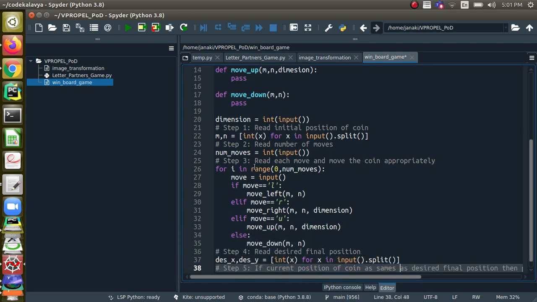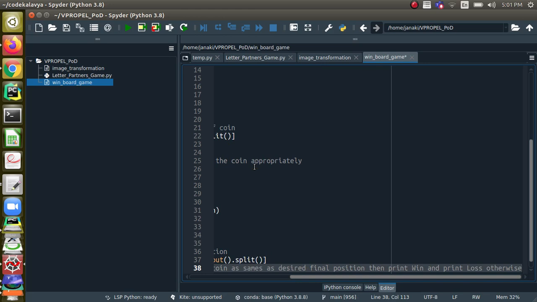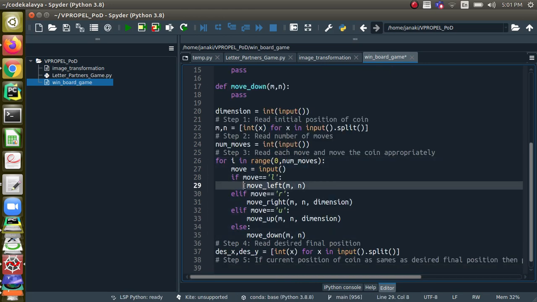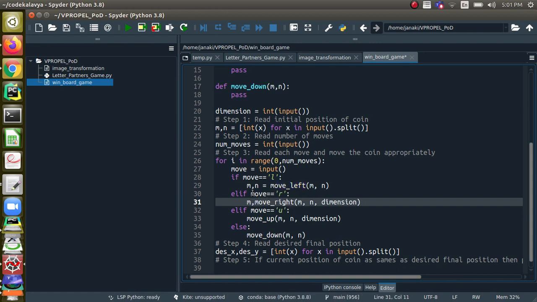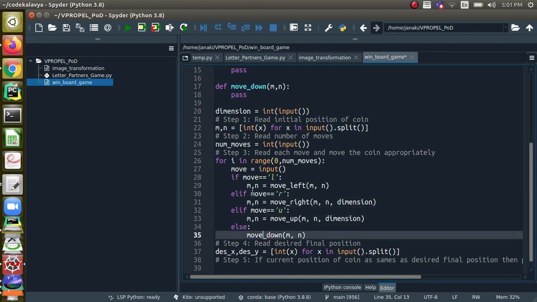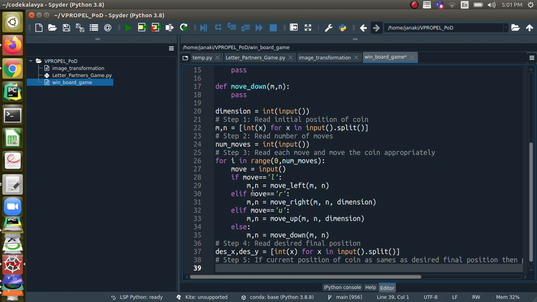Okay, yeah, and after that what we should do? And one more thing, sorry, actually we are moving left and right. When we are going to move, we should also receive the return value, right? Because they are basically integers, they will be passed as value only. A copy of that will be made in the function space and that will be changed. If I want the change to be reflected here, then I should get it back. So please include this also. That is m comma n equal to, after the move, the return value should be received in m comma n, otherwise the changes will not be reflected.